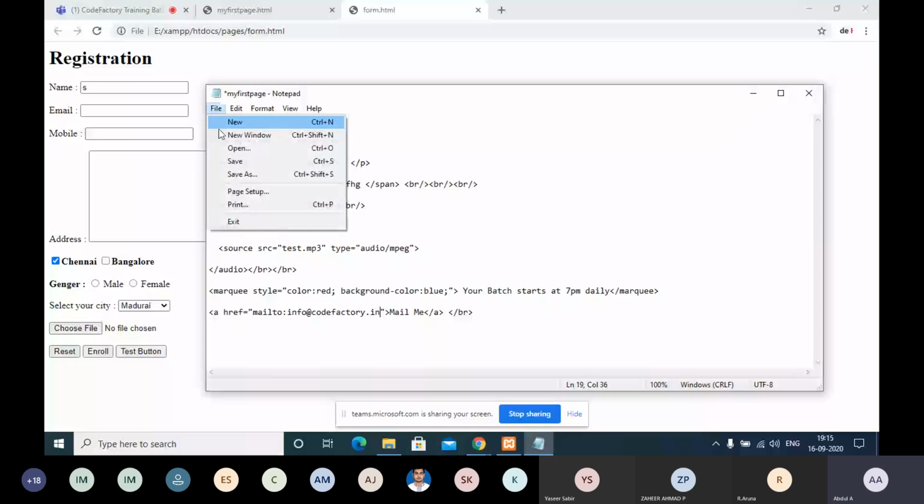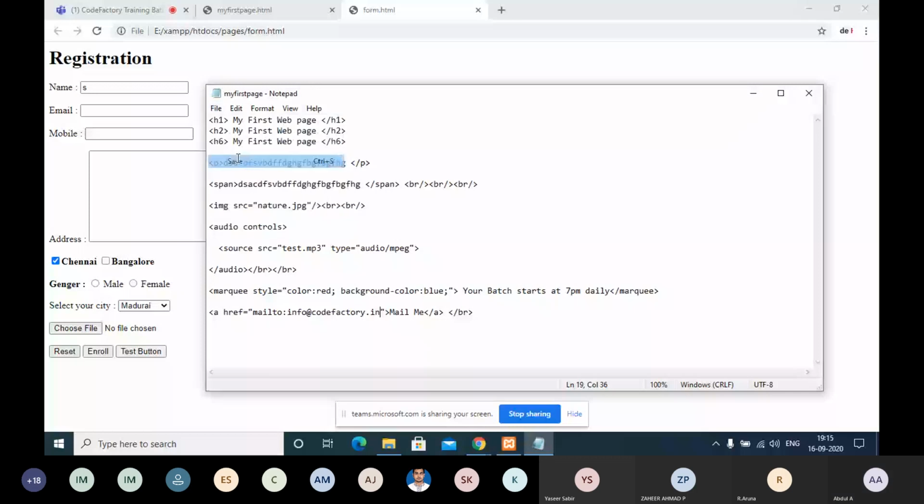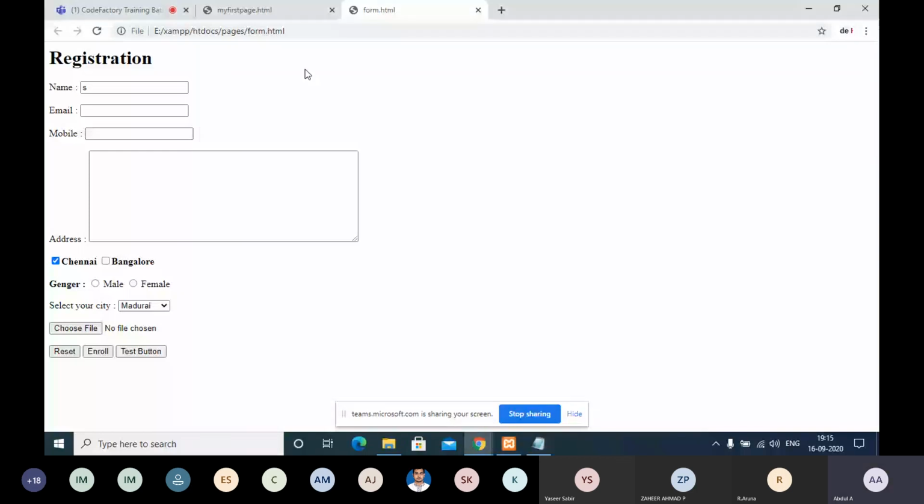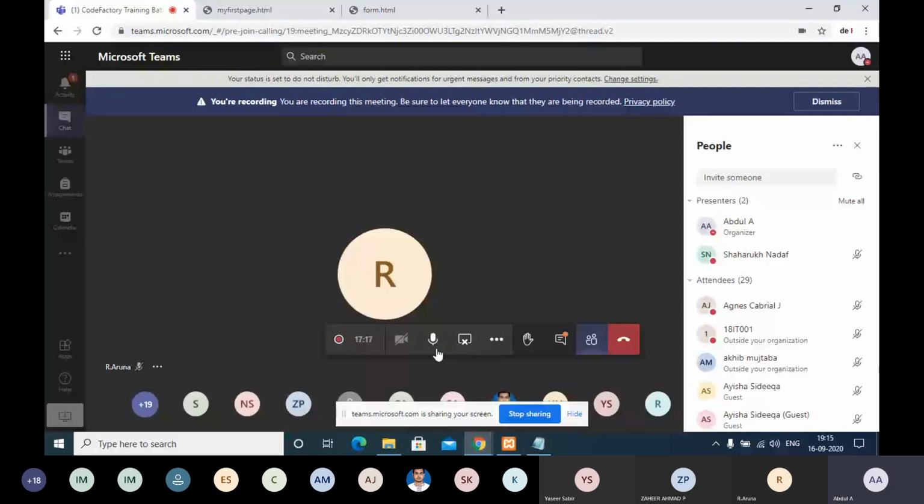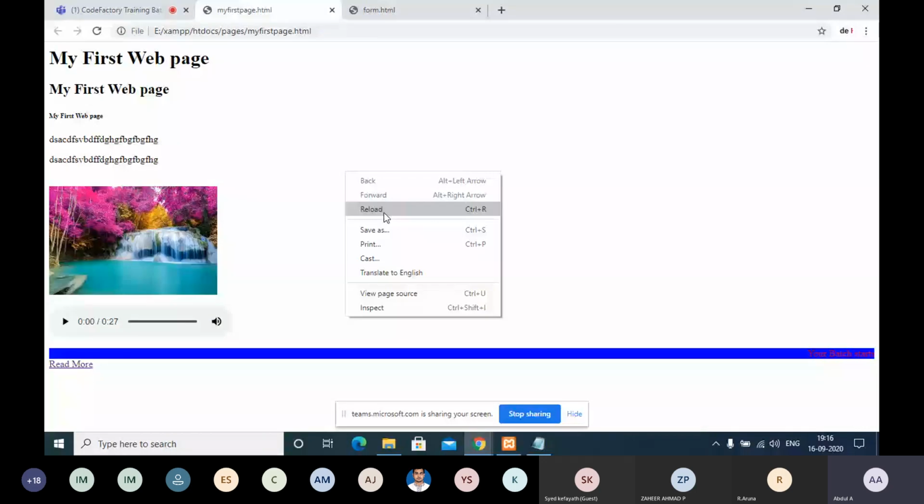If we save like this and run it, now the link is showing mail me.